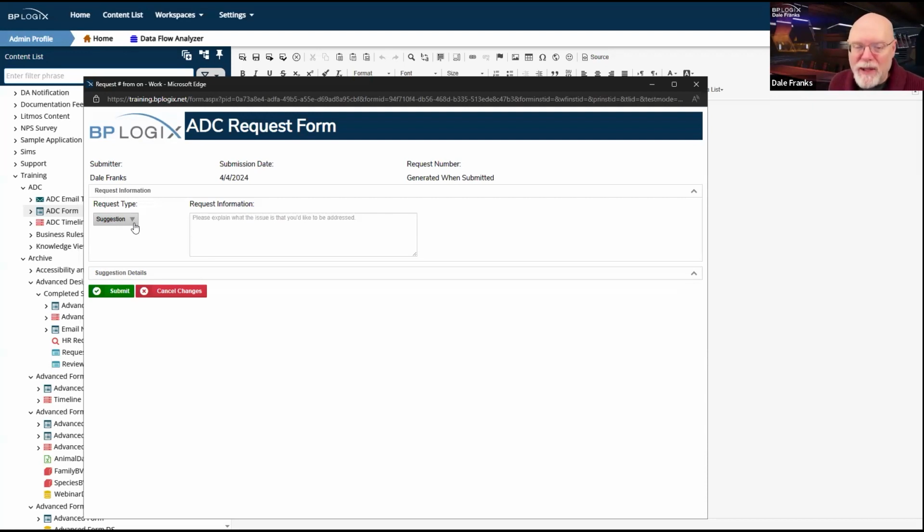But if this control was in any other position on the form, I couldn't ignore it because what would happen is when I changed the value of this control and my form reloaded, and the form, of course, has to reload because I'm showing a different section every time I pick something. When that form reloads, it's going to reset to the very first control on the form. And in most cases, that's going to be an issue that we're going to need to address.